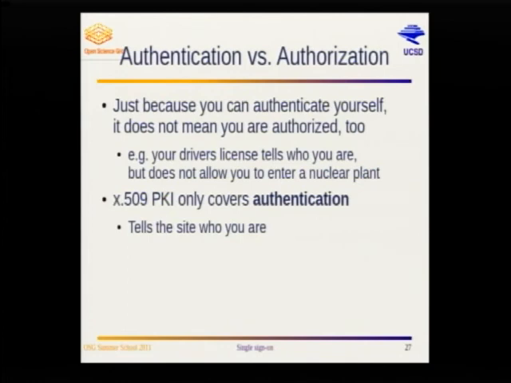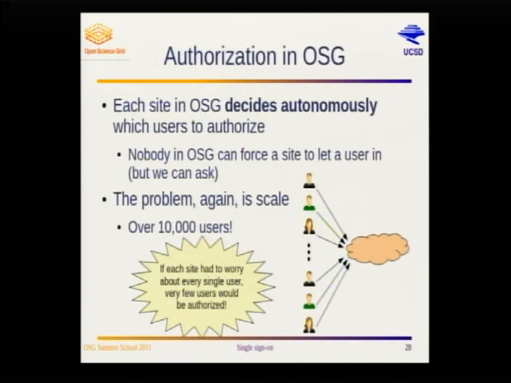But authentication and authorization are two completely different steps. And X509 just covers authentication. It just tells the site who you are. It tells nothing about whether they should let you in or not. So in Open Science Grid, each site decides by itself who it will let in. There is no way for anybody on top of OSG to say who should be allowed in a site and who should not. We can ask. We do ask. But it is up to the